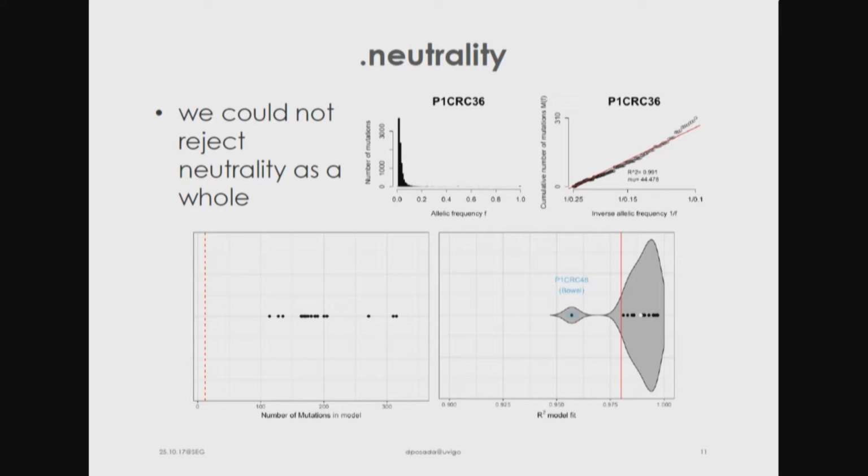So the pattern of mutations in our tumor follows the expectations by neutral evolution, except in one case, okay? But, of course, there are statistical arguments here. You might see that this test is not very powerful, which is true, okay? And there is other evidence, on the other hand, that suggests that this history is not that simple. It's not just neutral evolution, okay?